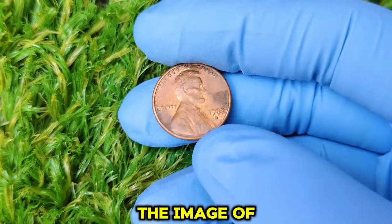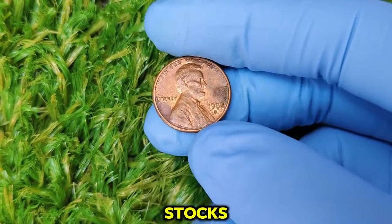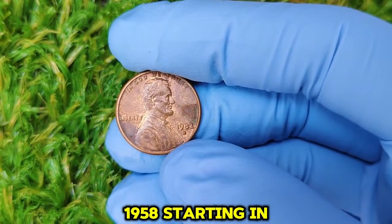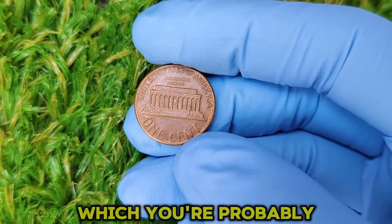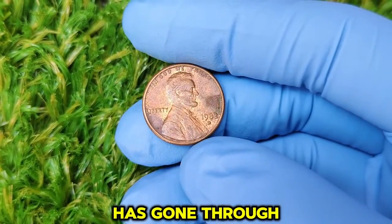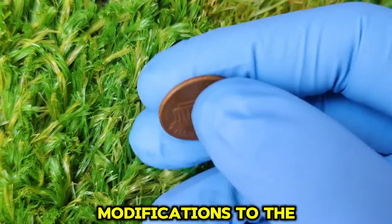Coin to bear the image of a real person. The reverse originally showed two wheat stalks, giving rise to the term wheat penny, which ran until 1958. Starting in 1959, the reverse design switched to the Lincoln Memorial, which you're probably more familiar with. Over time, the Lincoln cent has gone through a few more design changes, including some significant modifications to the metal